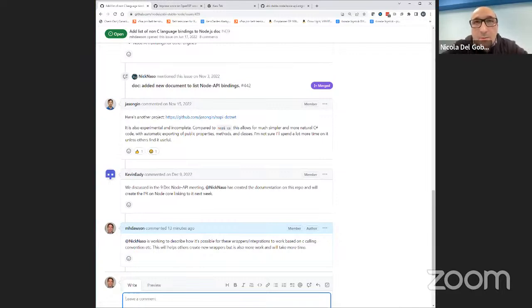But what I tried to investigate is whether it's possible to create a wrapper, like the Node.js API, written for example in Go or another programming language, and what the mechanism is. So it's different.